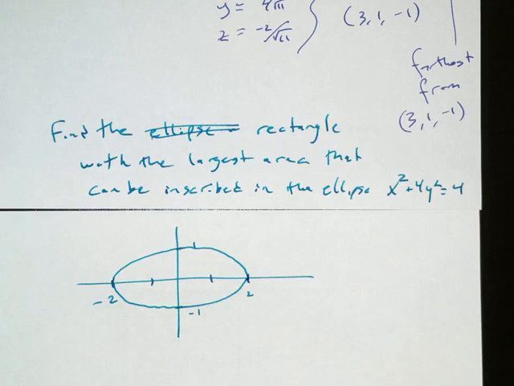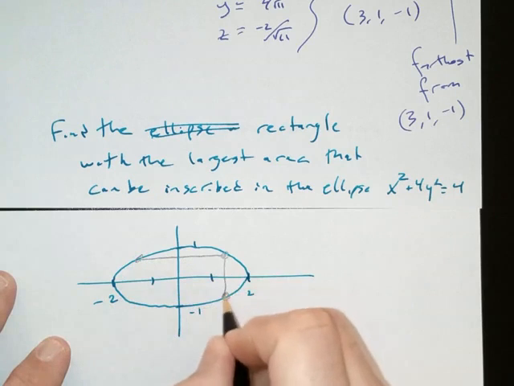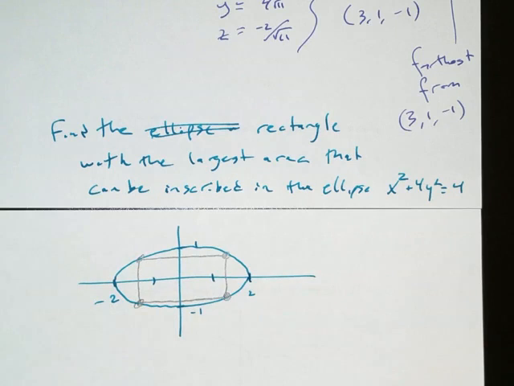I want you to put a rectangle inside here. I have no idea where I should put that rectangle. But I know the corners have to touch this shape, right? And if it's a rectangle, the sides have to be parallel. I think if I put it at an angle, I'm going to have a lot of trouble. So let's put it squared, parallel to the axes. If this is squared up,